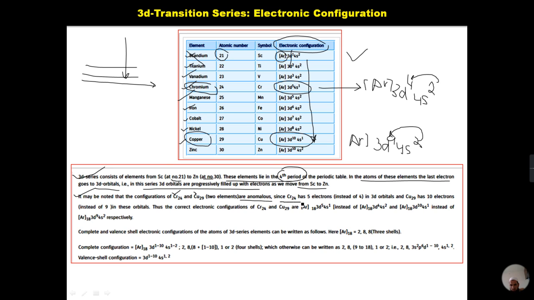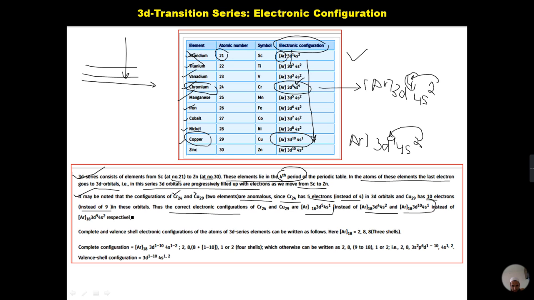Since chromium has 5 electrons instead of 4, as we saw here, it has 5 electrons in the 3d instead of 4 that was expected normally. Likewise, in copper it has 10 electrons instead of 9. Thus the correct configuration of these is argon 3d5 4s1 instead of this, and likewise argon 3d10 4s1